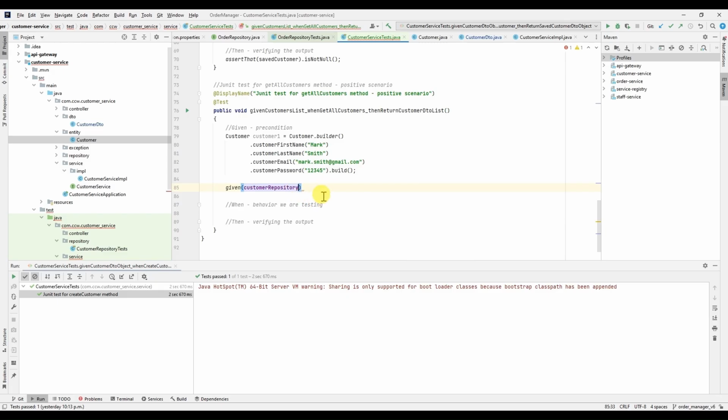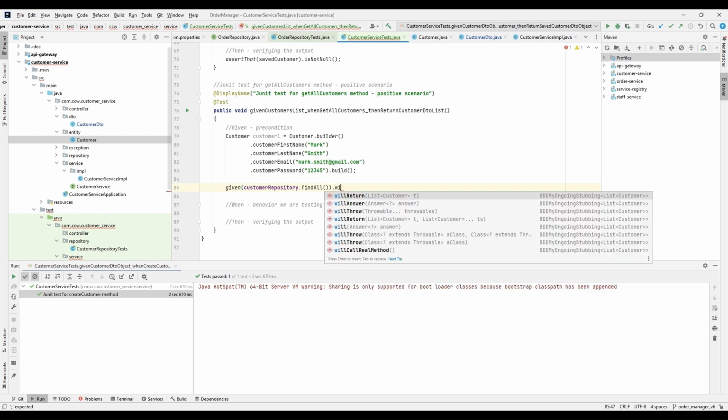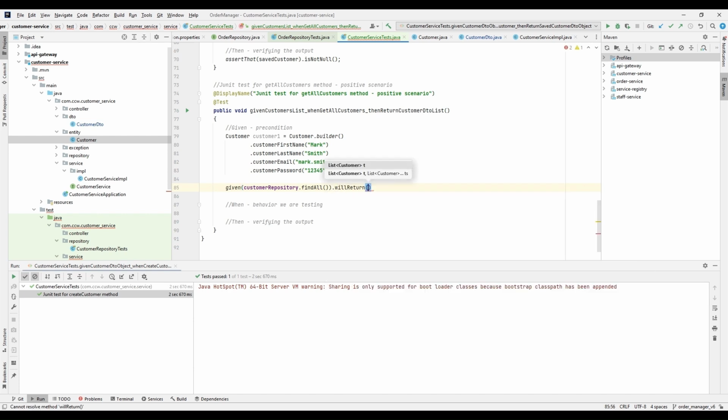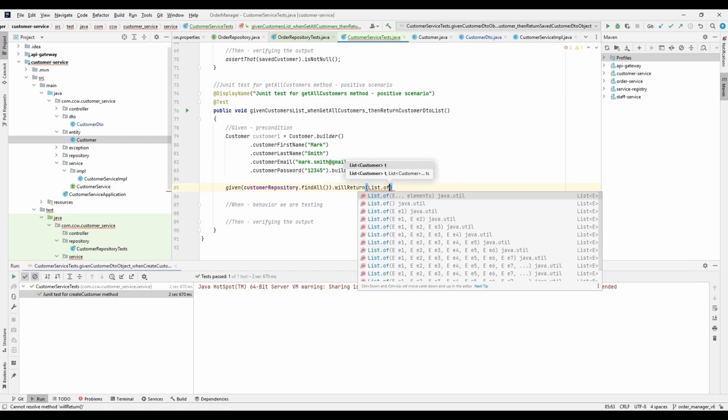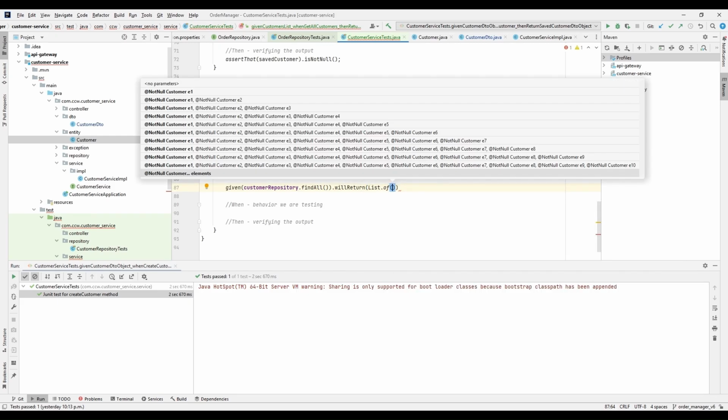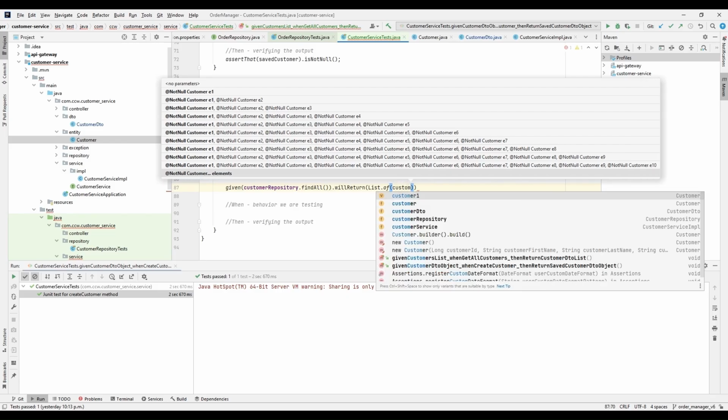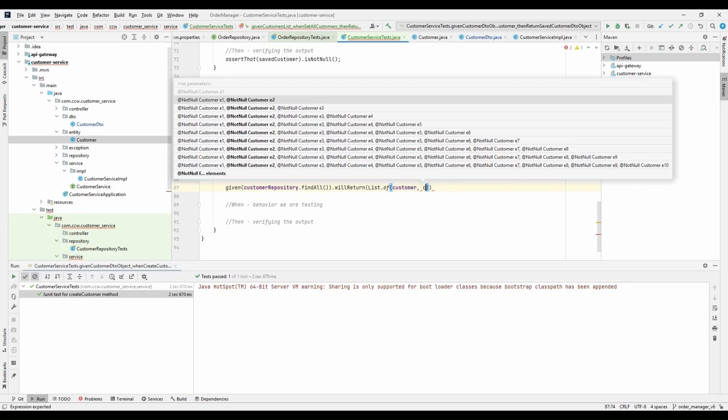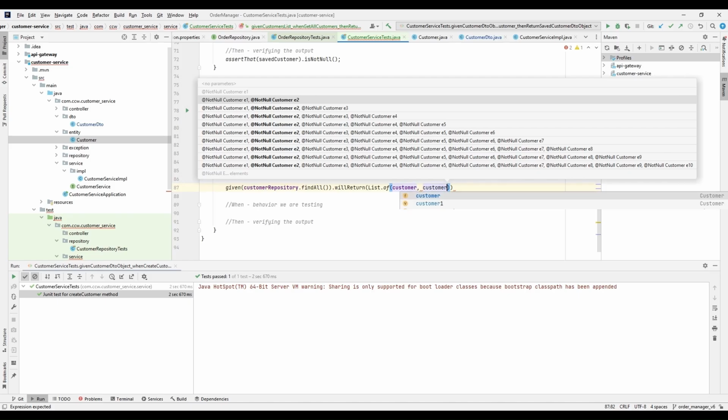So I'm going to write here customer repository dot find all. When we call this find all method of customer repository, it is going to return a list of. I'm going to add the two customer objects we have created, customer and customer 1,